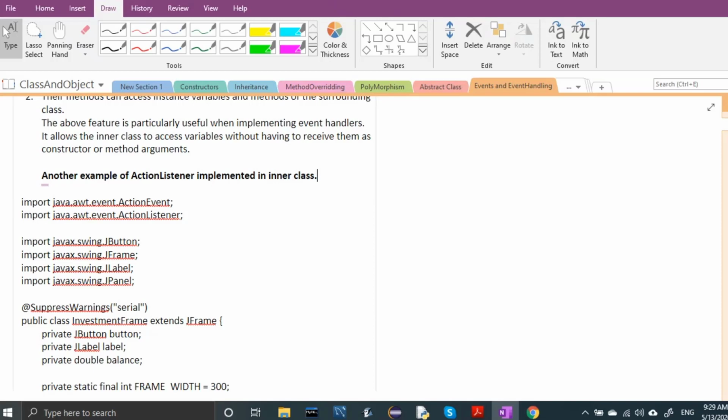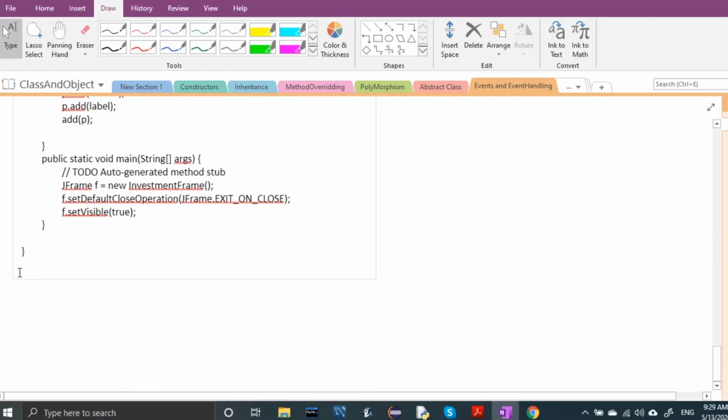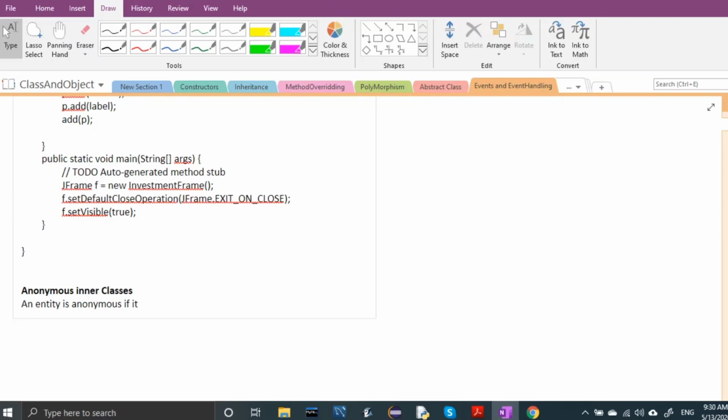Fine. So next concept is anonymous inner class. This is a very nice concept, and most of the time we are using it, right? Anonymous inner class. An entity is anonymous if it does not have a name.